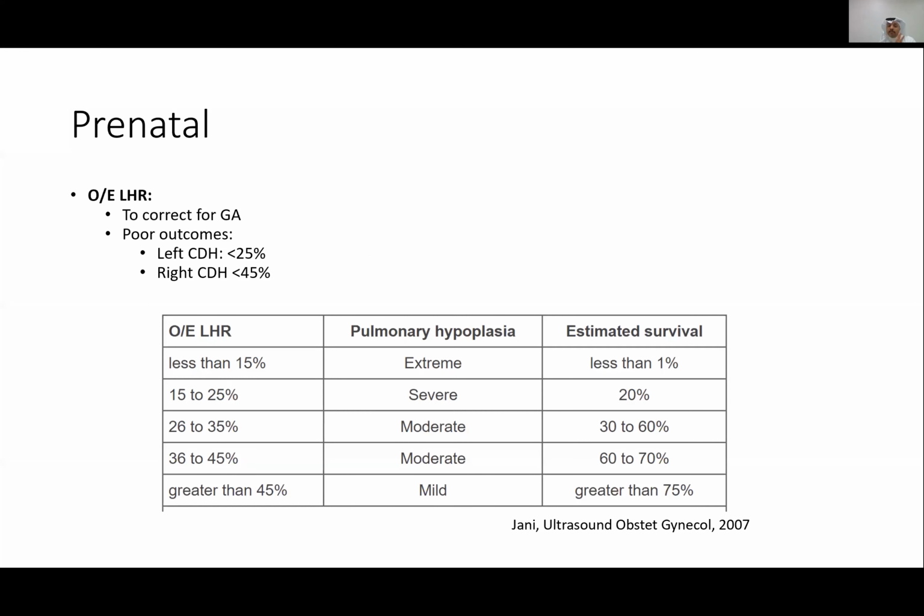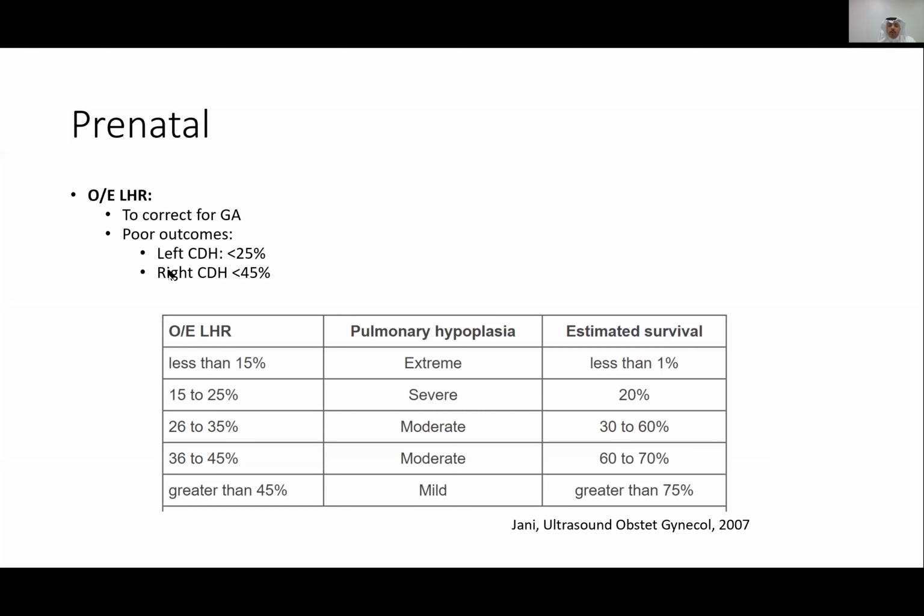Right CDH tends to be different. It tends to have worse outcomes, at least in the majority of studies, though this has been challenged lately. But in right CDH, an observed over expected LHR of less than 45% carries a significant